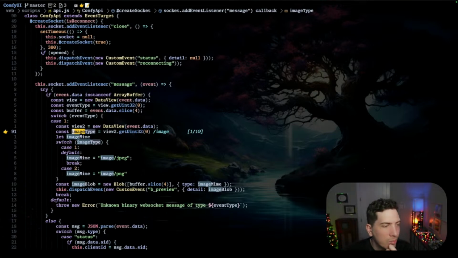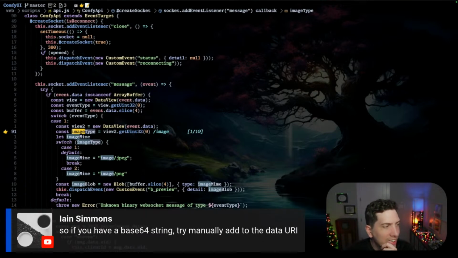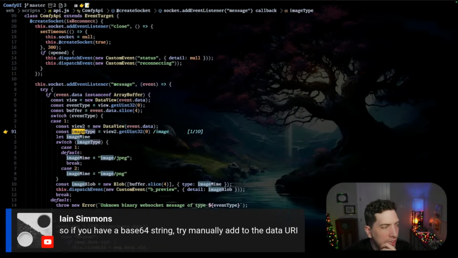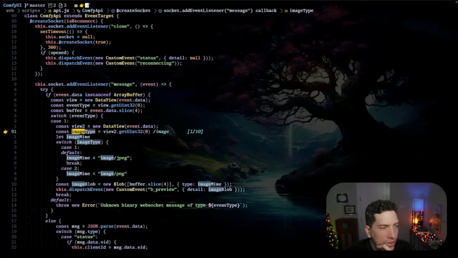All right, I'm with you here. I think you're onto something, but you may have to describe it more. Base64 encoded string, try manually add to the data URI. So you think